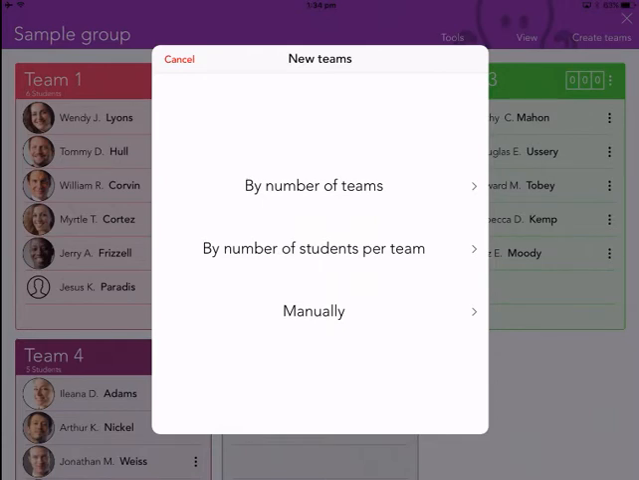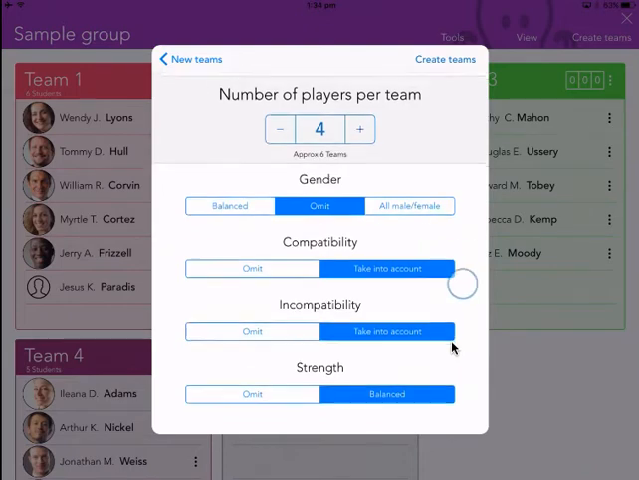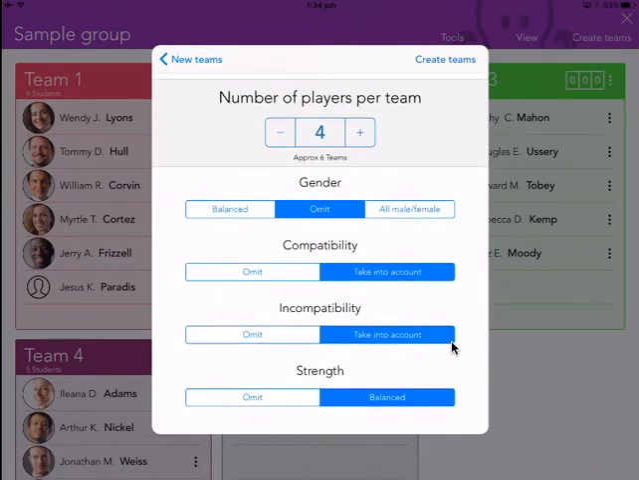But I'm going to go and say by number of players per team, and I'm going to say that we need 4 players per team. You can see a few choices that you get. Do you want balanced teams, all male or female, compatibility? Do you want to take that into account? I'll show you how you can set these in a moment. And you can see here incompatibility, as in certain students who should or shouldn't work with certain other students. You can have that taken into account, and strength as well, whether you want to have even teams and so on. So if I say create teams,